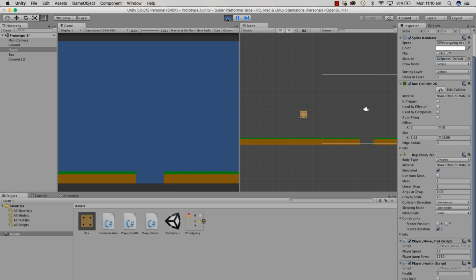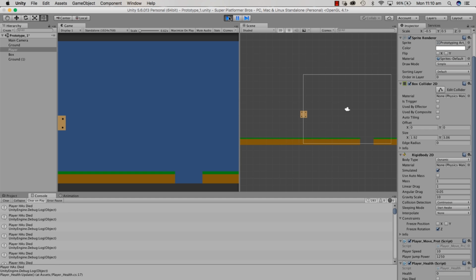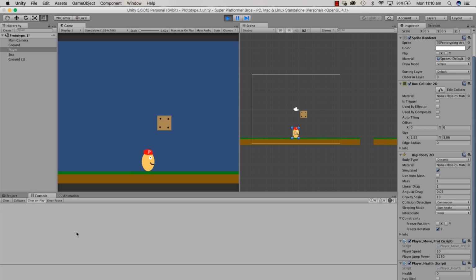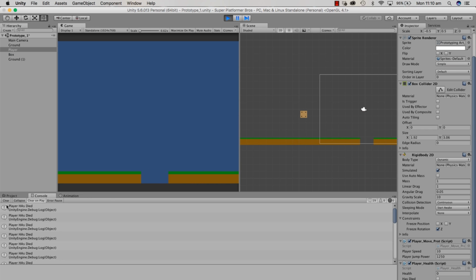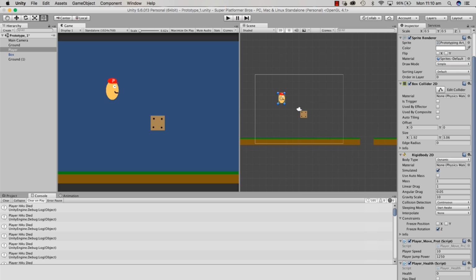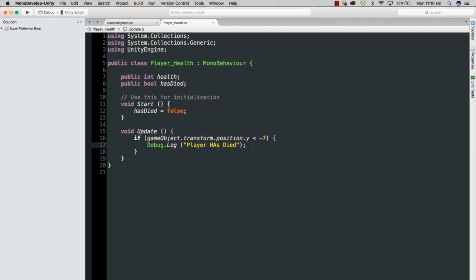Pop, and he falls down, and then in our debug here, player has died. Fantastic. But let's start the game again quickly just to check. There's nothing, and when he falls down, player has died when he goes underneath 7. So instead of saying debug player has died, we can just say has died